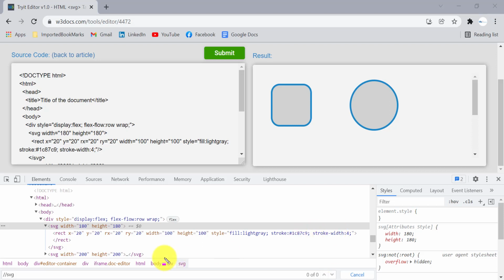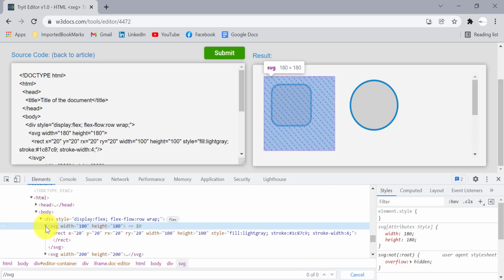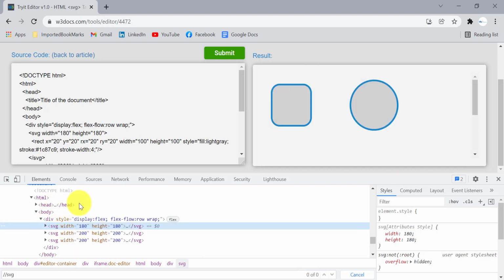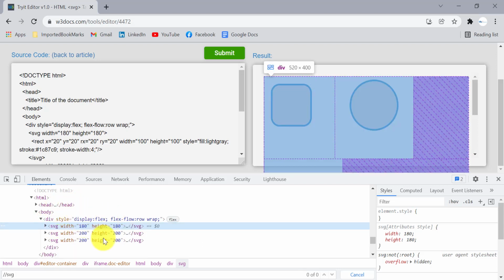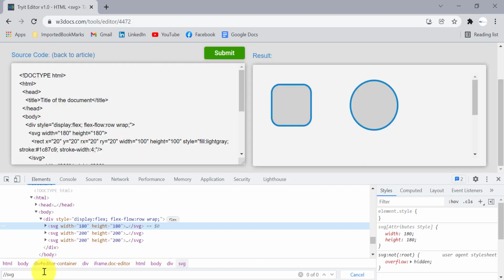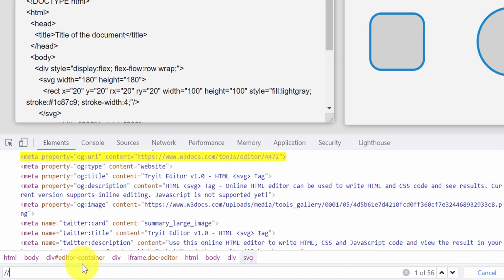That means using this SVG tag I am not able to identify or locate these SVG elements present inside this HTML DOM. That will create a problem when you handle this in a Selenium script. Your test case will fail, right? So how are we going to create XPath for these SVG elements for locating purposes?